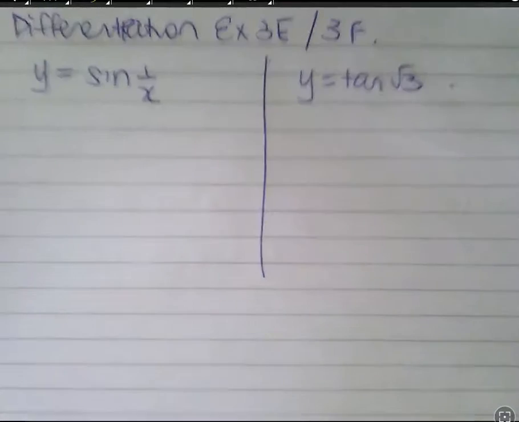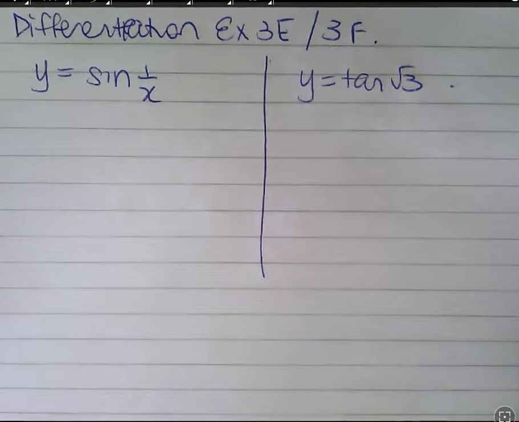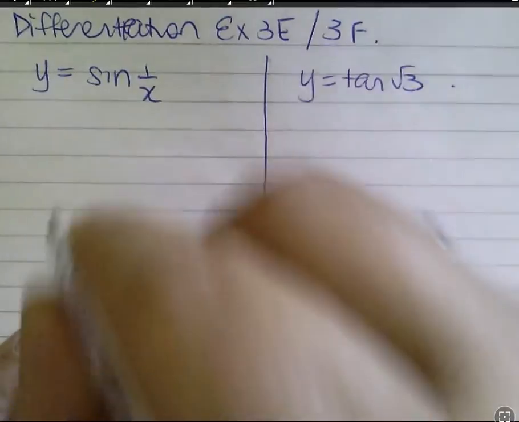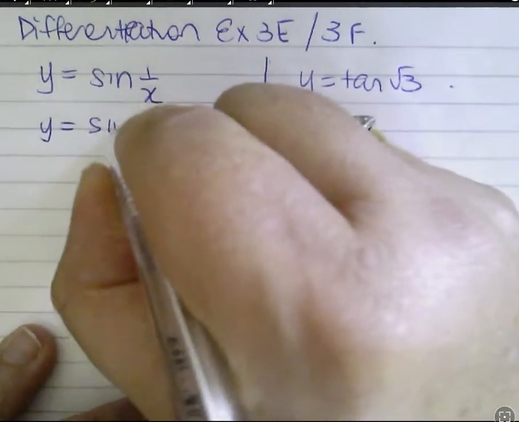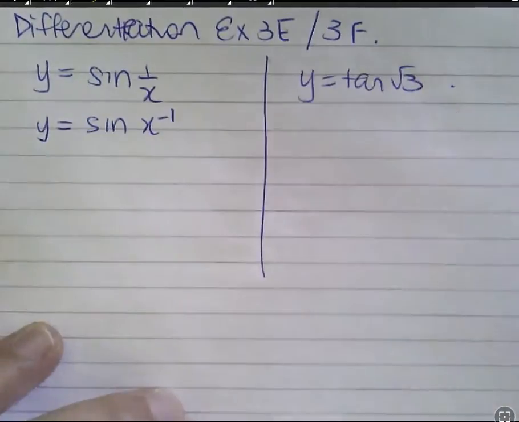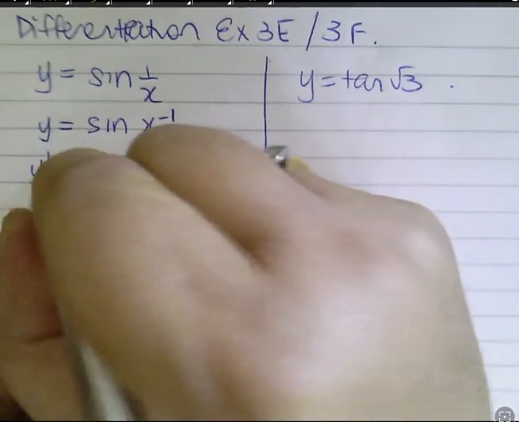Okay, we're just doing some questions from the Cambridge worksheets. Let's differentiate y equals sine of 1 on x. That is the same as differentiating sine x to the power of negative 1. So what do we get? Y dash is,